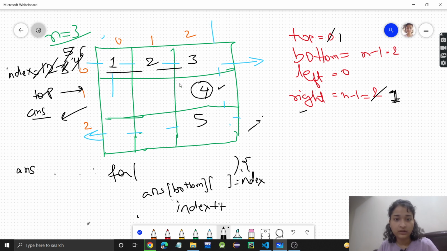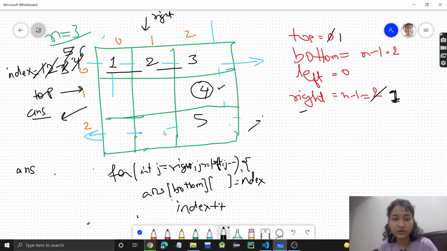Okay. Now here I have to store, but the thing is which column will be there. Here we can see, okay, it's 1, but again we cannot hard code it as 1. This column is the right one, right? So here we will start from right, and we will go while greater than or equal to the lowest column. Lowest column is your left, and here it will be j minus minus.